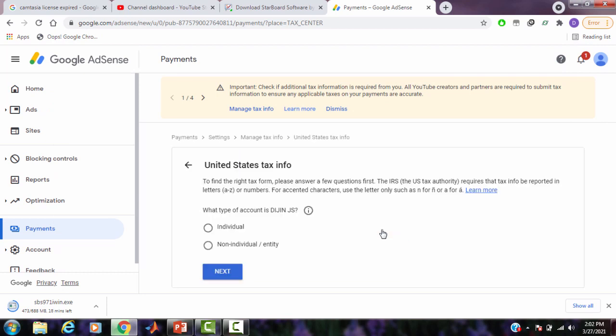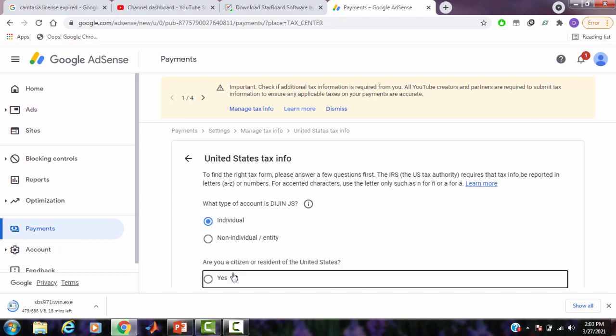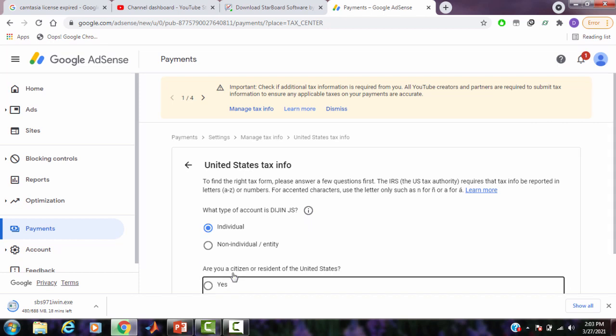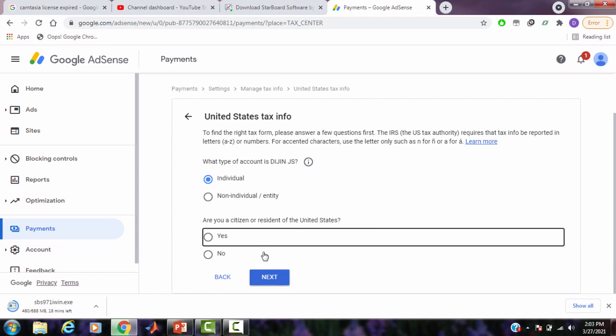Then you will see another message asking you to select what type of account your channel is, whether it is an individual account or a non-individual or entity account. There you select individual, then click Next. Now they will ask, are you a citizen or resident of the United States?